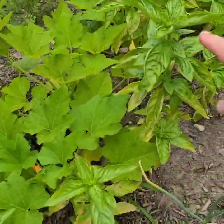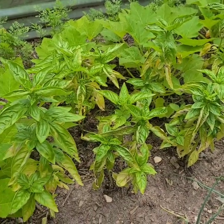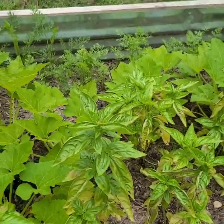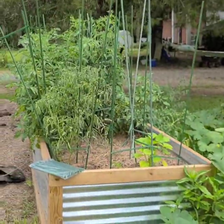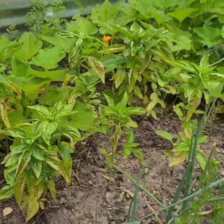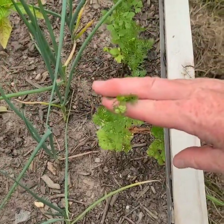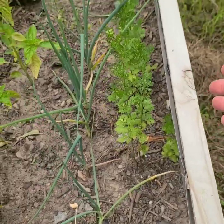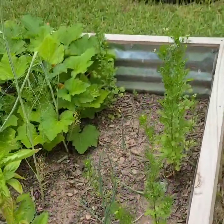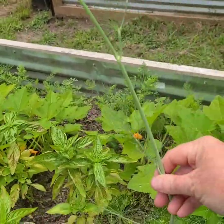I'm looking at my basil, and it's not even doing anything. The leaves are turning yellow. I'm beginning to wonder if this bed has the same fungus as that bed. Because look here, this is my cilantro, and it's already going to seed at the tops, but it's just two little branches, and that's it. The saddest looking cilantro I've ever seen. The same with this dill right here. It's going to seed,